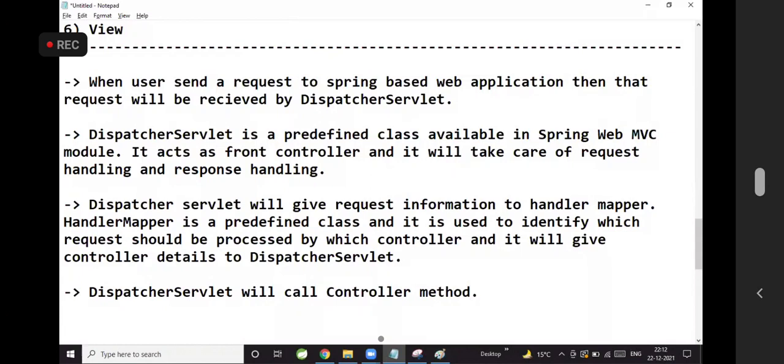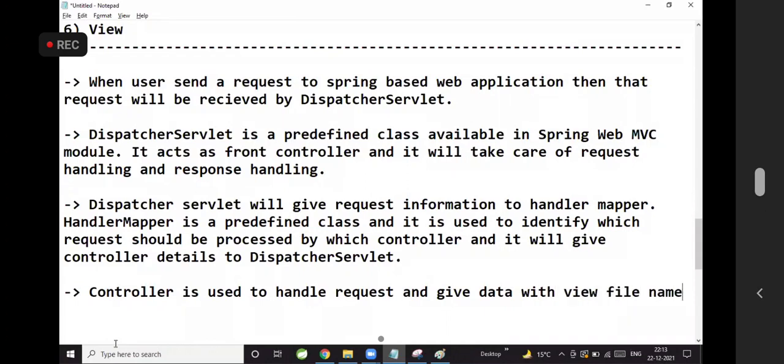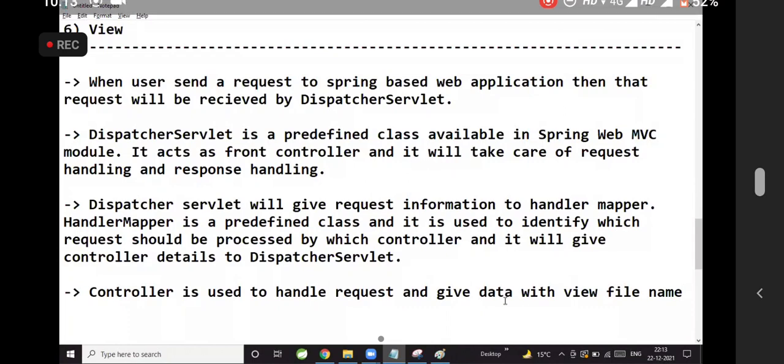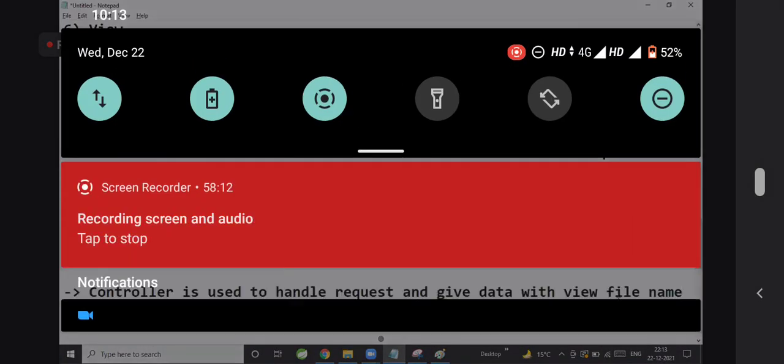What is that controller? Controller is used to handle the request and give data with the view file name.